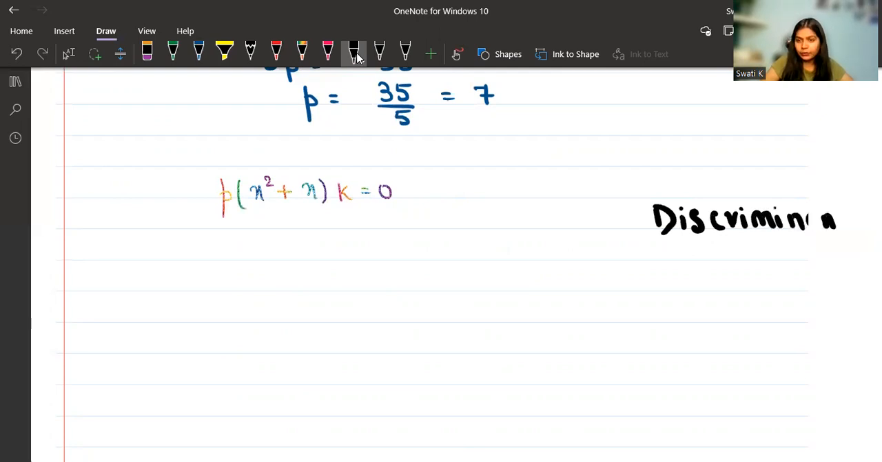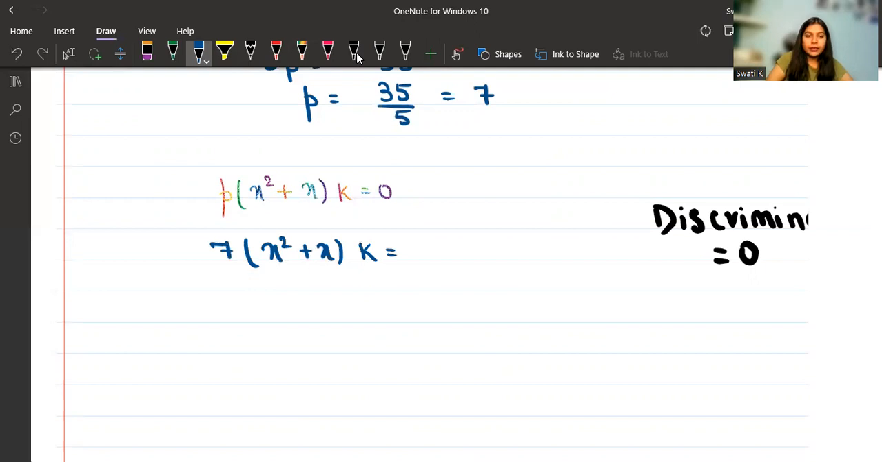I will tell you. So its discriminant equals 0. Okay, so let's find out what is discriminant. First of all, let us convert this into the standard form of quadratic equation because we already got the value of p, which is 7. So this will become 7 and then x square plus x and then into k that we have to find